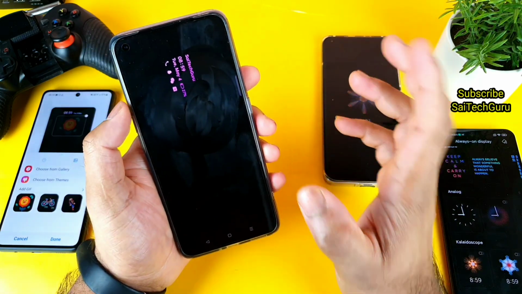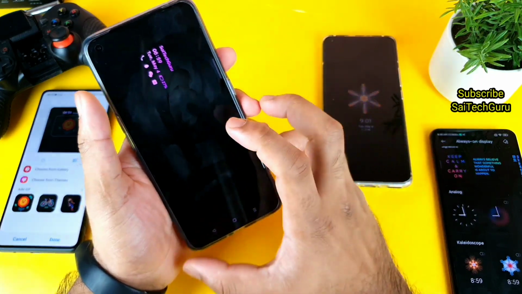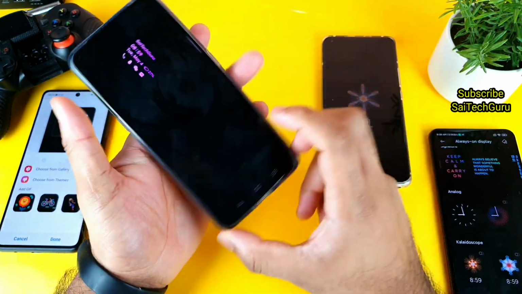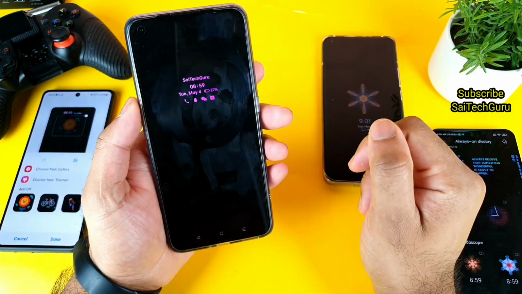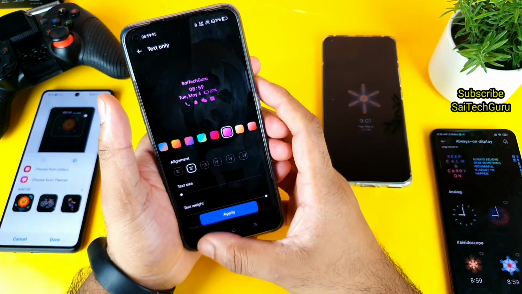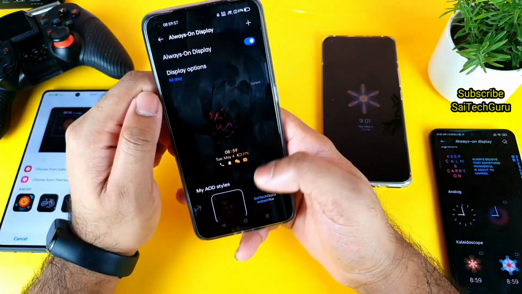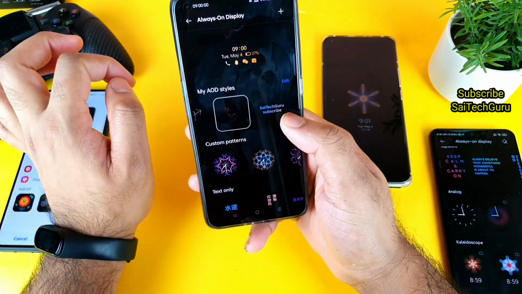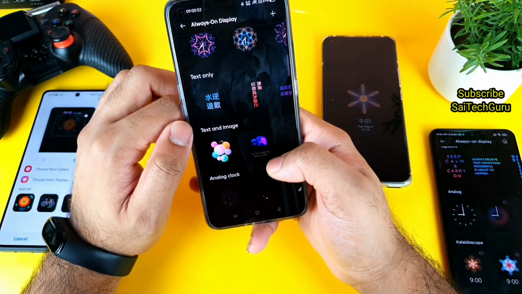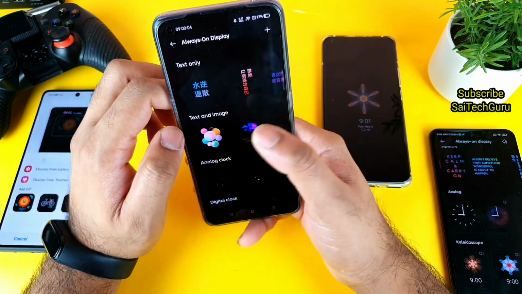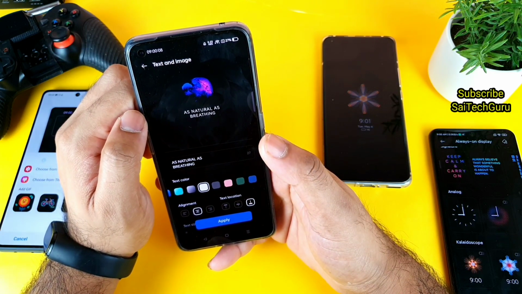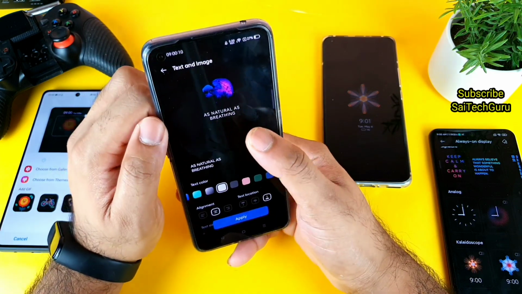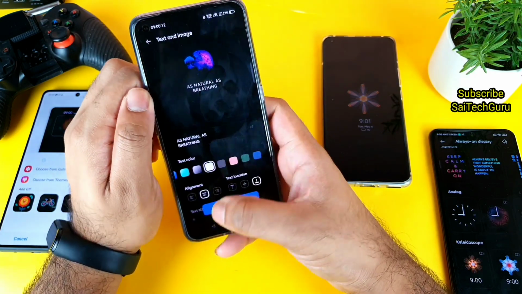These are really good features which are present in this phone. Particularly if you tap, as you can see, this is how the always on display looks, really small and good, as you can see friends. So in this way you can customize so many options in this phone. That is what I like, and it is really simple to use as well, not much complex in this phone. And there's another feature, adding the text and image at the same time, you can add in this way, as you can see, which also looks really cool.